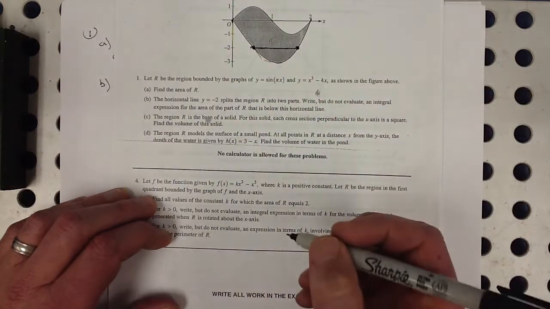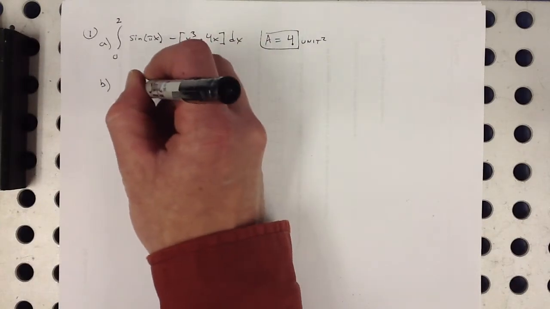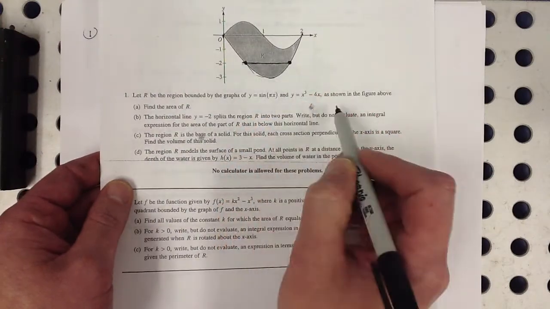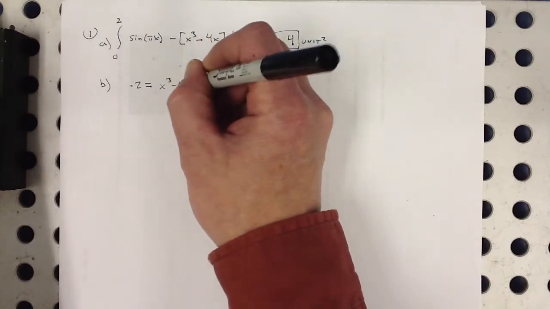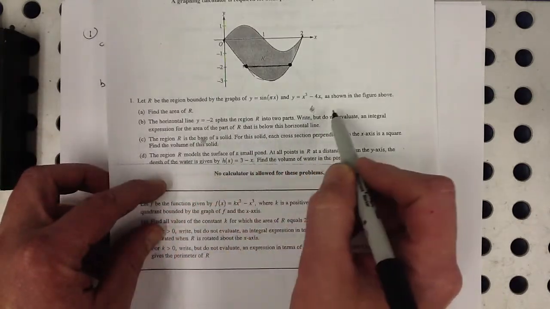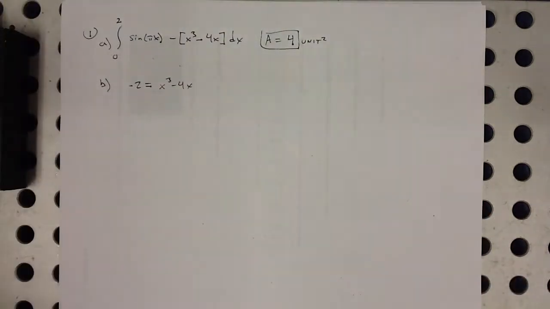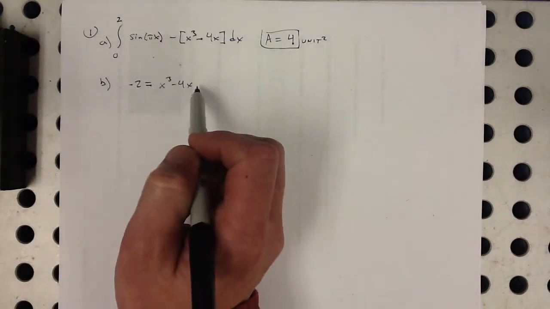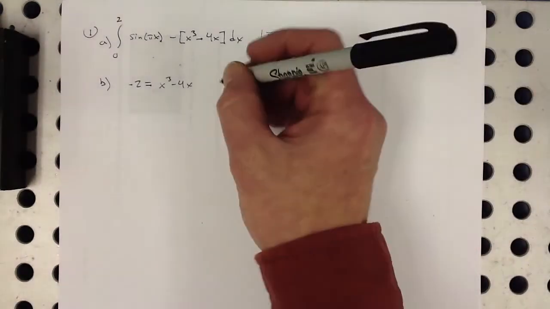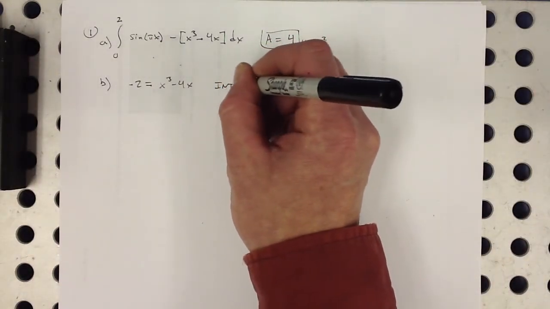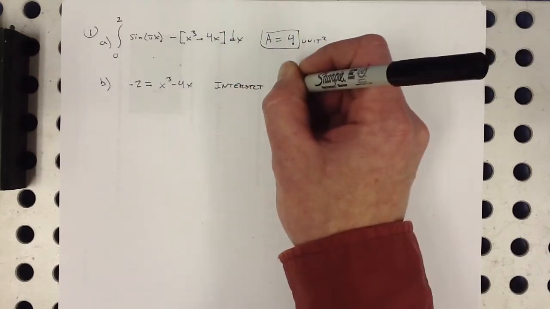right? It's another area. So with my calculator, we want to find where -2 is equal to, which function is this? This is intersecting the, clearly the bottom one, the cubic, which is x cubed minus 4x. This is where the intersection points are equal. That's from setting y equals -2 equal to this. And with your calculator, moving the 2 to the other side, plus 2, finding the zeros, you should find that the intersection points are at